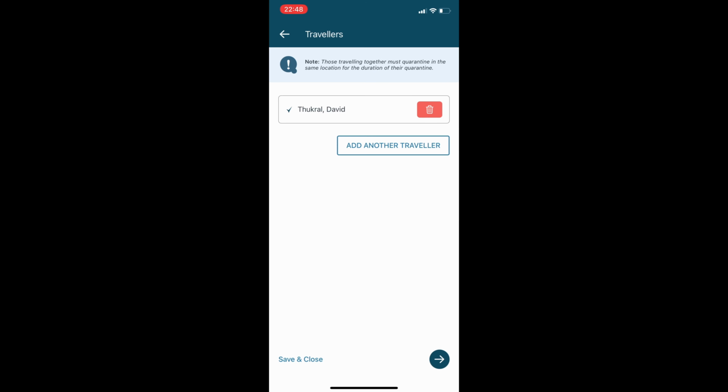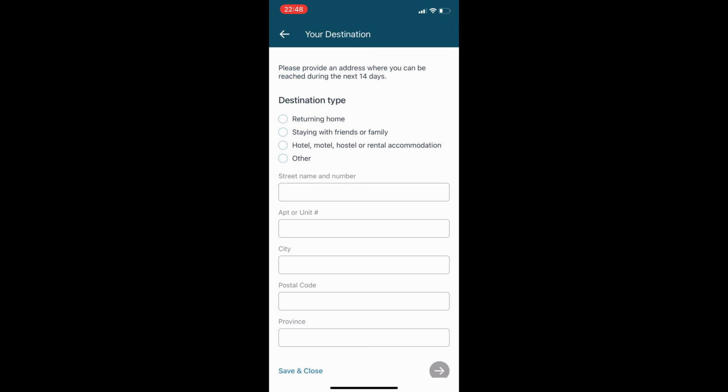Once you press next, you can also add another traveler. So let's say if another person is accompanying you, you can also add his or her information in your own app, but they need to have their own app as well. But if you're traveling alone, then you don't need to add any other traveler, and simply move on and press next. Once you press next, you need to answer a few questions, like you need to enter your details of